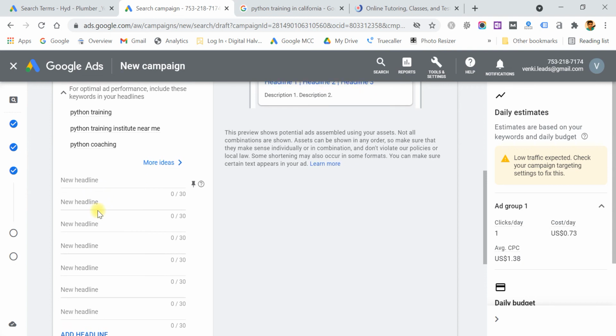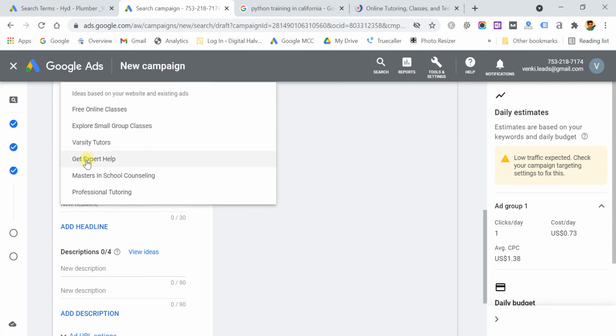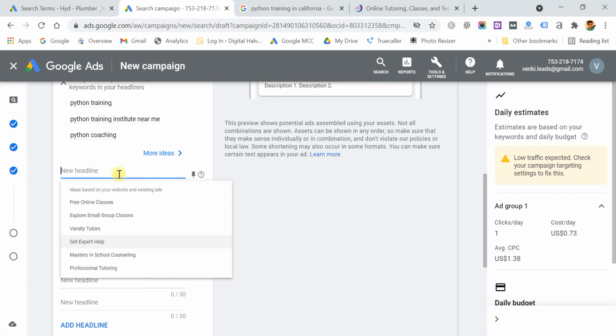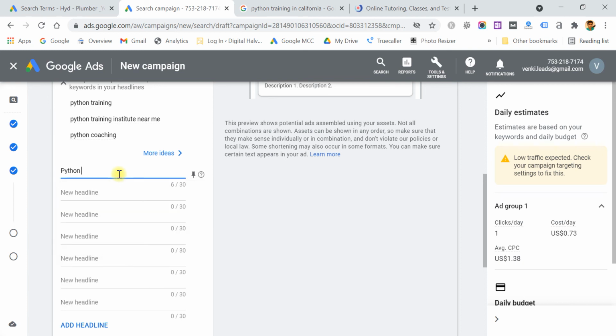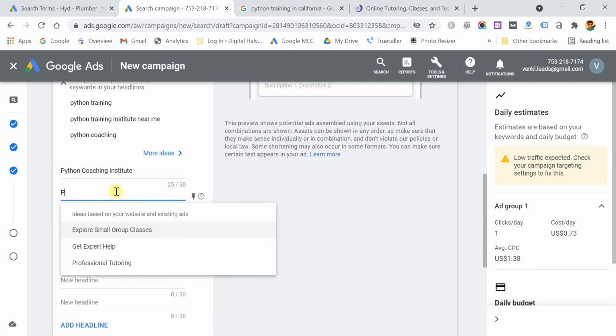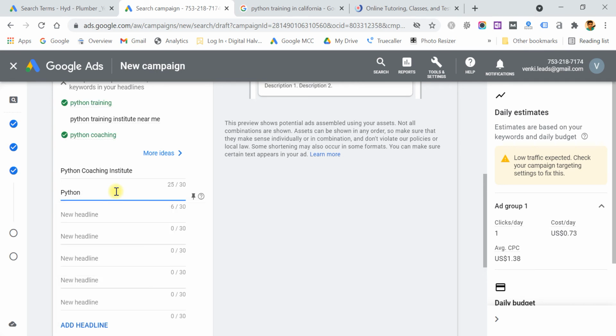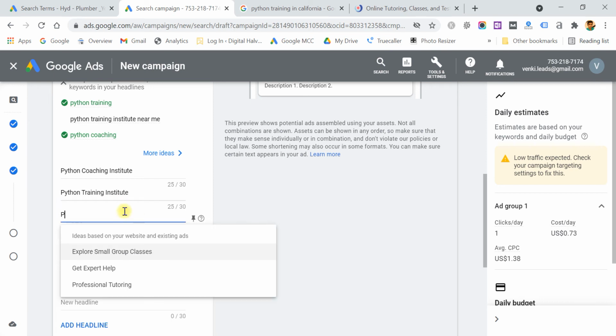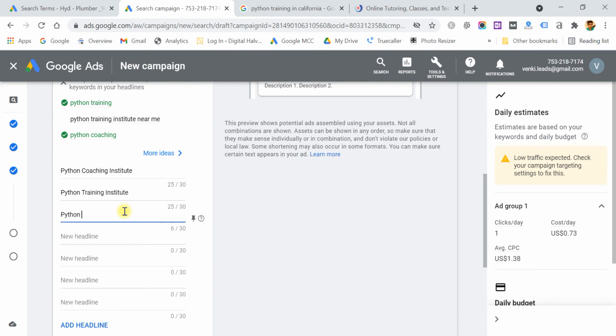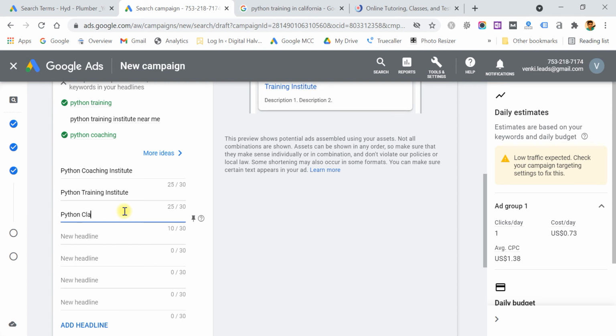And scroll down, you can see here you can add up to 15 headlines. Python coaching institute, Python training institute, Python classes California.